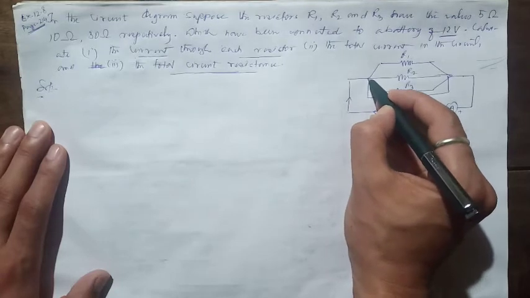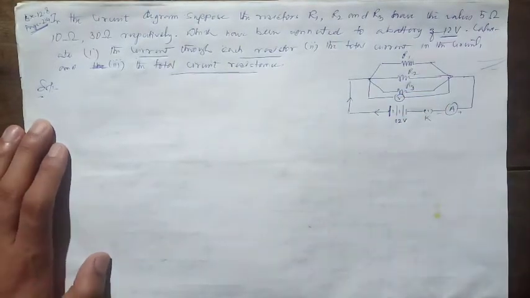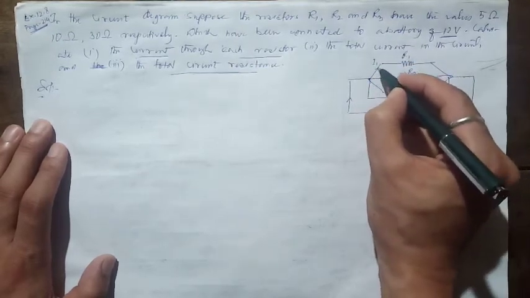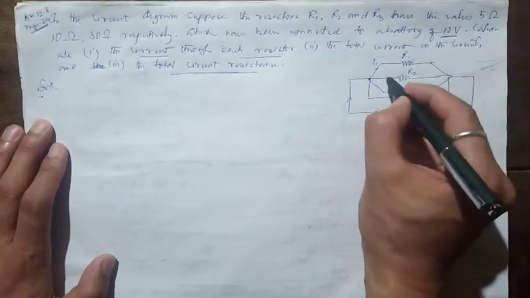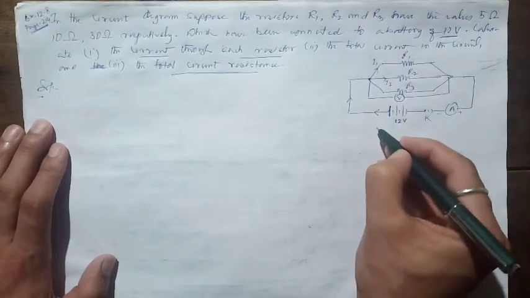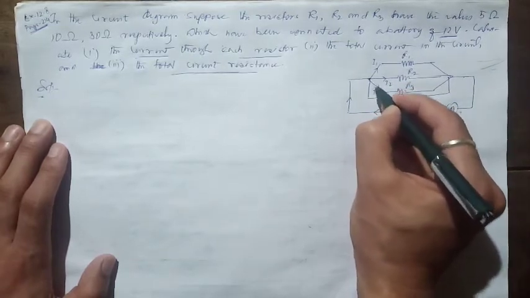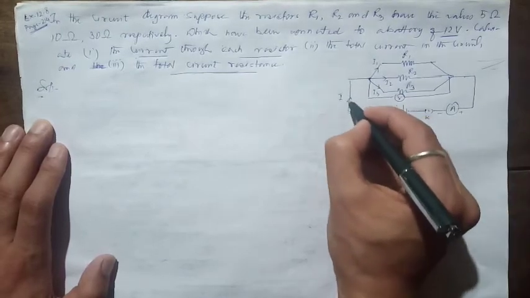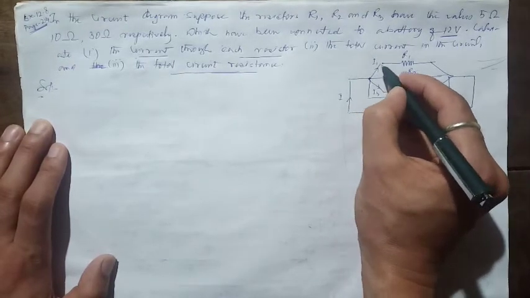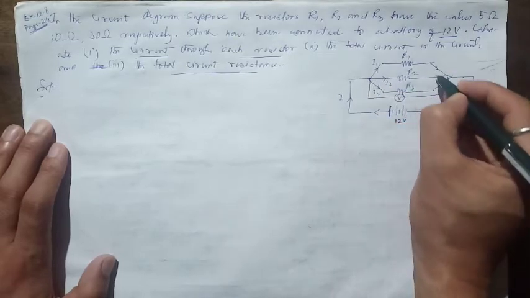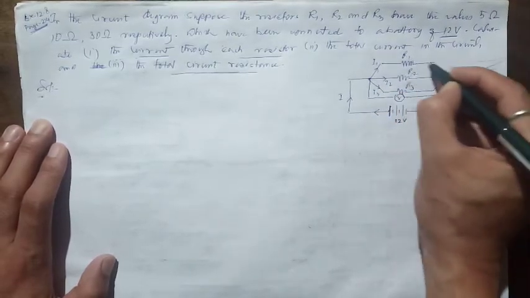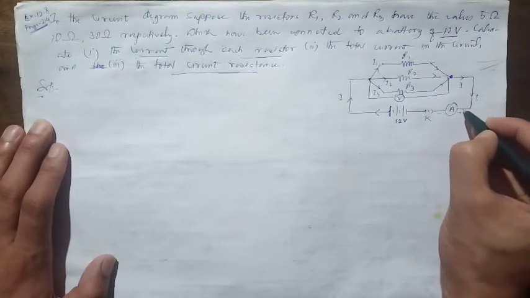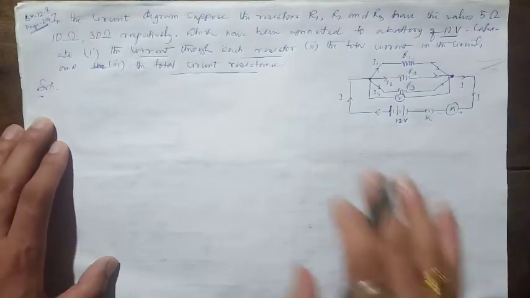And the moment the current reaches this point, the current gets divided. Let's say I1 amount of current is flowing through this arm, I2 amount of current is flowing through this arm, and I3 amount of current is flowing through this arm. Students, let's say the battery has released current I. So at this point, this current I divides into I1, I2 and I3. At this point, again, all these three, I1, I2, I3, combine to make the total current I. And this is how the current I enters into the battery. So this is the circuit diagram.